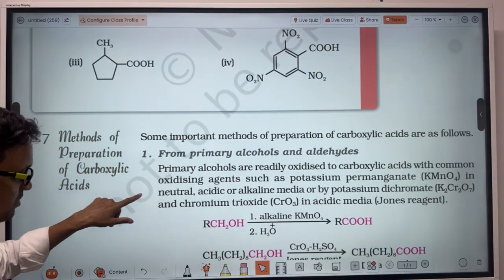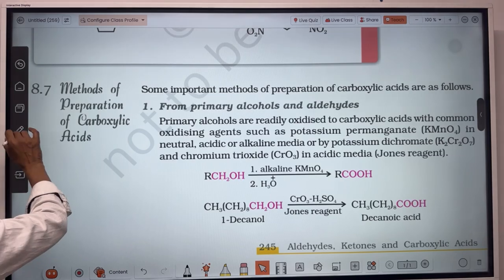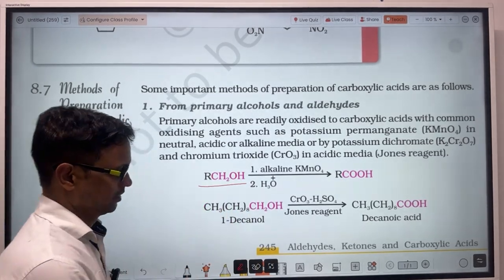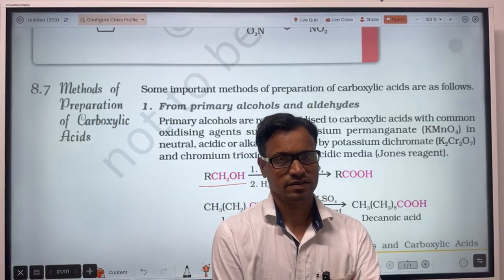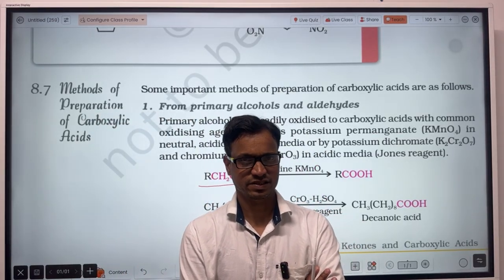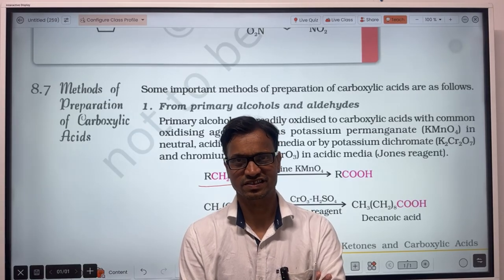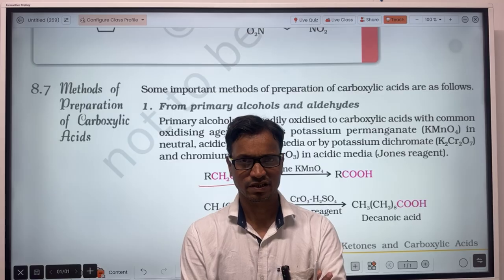Method of preparation of carboxylic acid. These reactions we have discussed a number of times, that's why I shall not tell you in detail. Simply I am telling here, as we have studied, that when the alkane gets oxidized, there will be formation of alcohol. When alcohol gets oxidized, there will be formation of either the aldehyde or the ketone, and